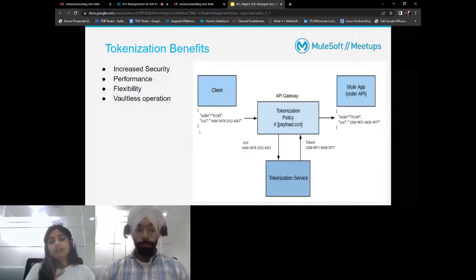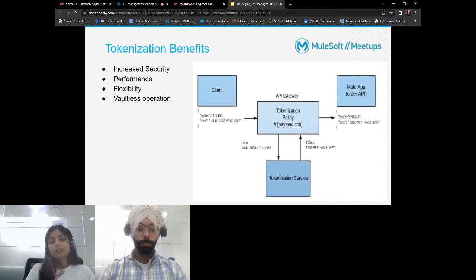And after that, while calling in the API gateway, you have to apply the tokenization policy. So for example, in this payload, as you can see, if we are passing a credit card number and order, it will call the API gateway where the tokenization policy is applied. Then the API gateway will establish a connection with the tokenization service, and it will convert your